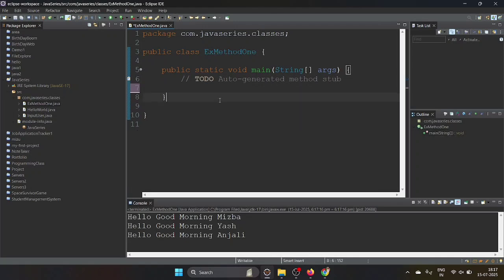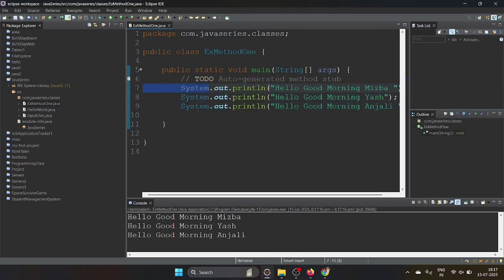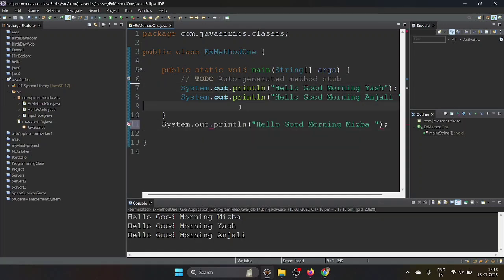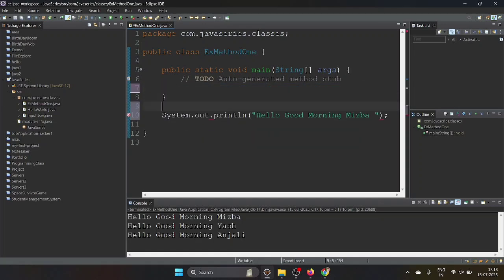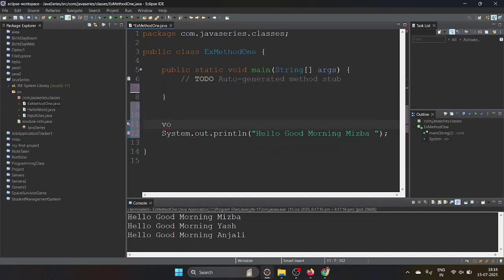So let's take this sentence and print it here. Then I will remove this part and we will create one method. I will write public static void greet, and here String name.